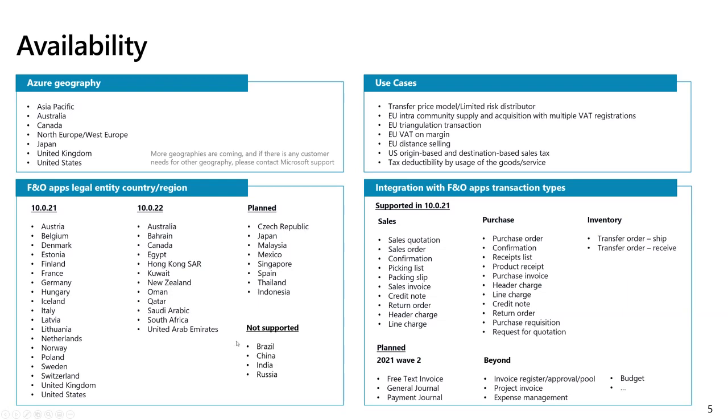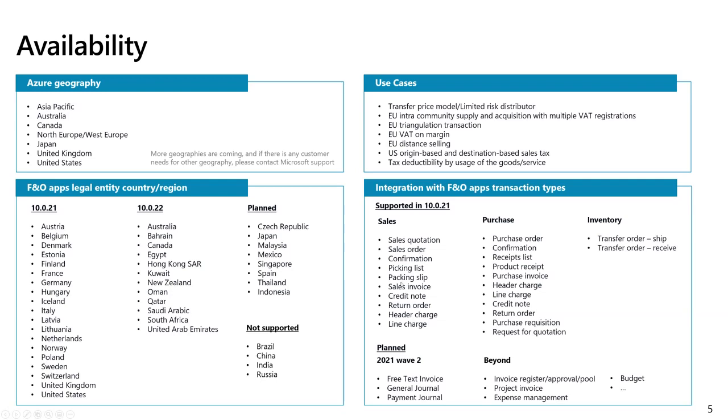And just to mention, there are 4 countries we don't support in tax calculation service: Brazil, China, India, and Russia, because of the heavy localization there or the infra issue. So they will continue to use the existing tax engine, and for India, we suggest you use our global tax engine. And for the transactions we support, in 10.0.21, we support most of the sales transactions: sales quotation,